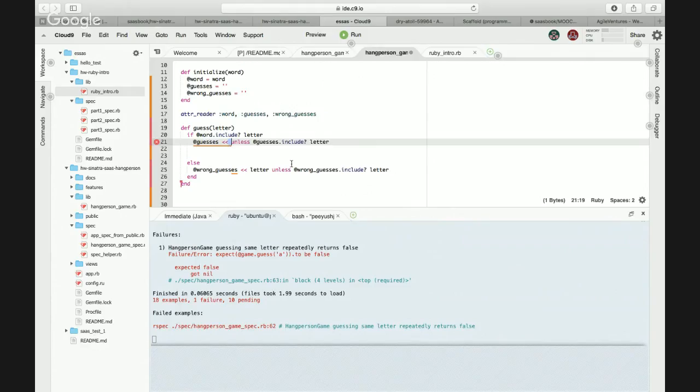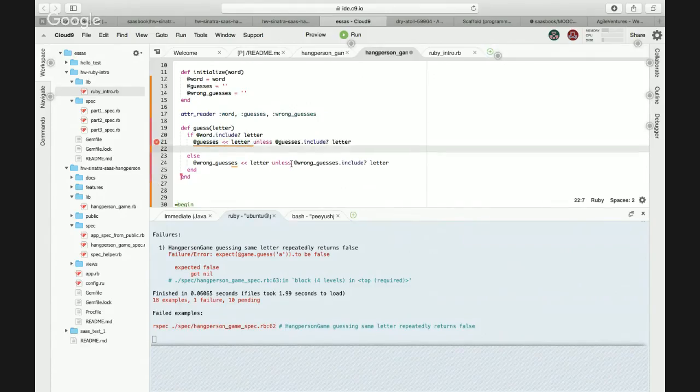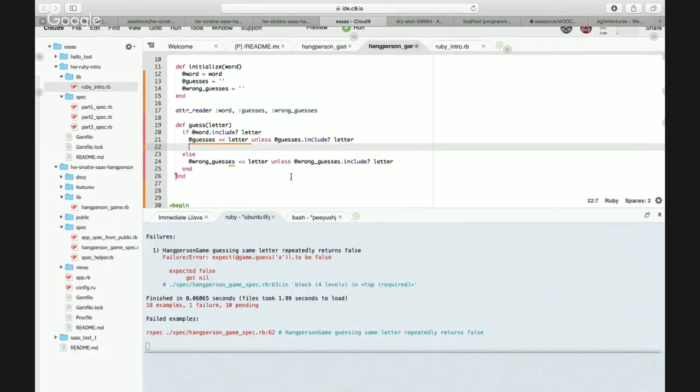You can change it to an if else if you want, or however you feel comfortable.